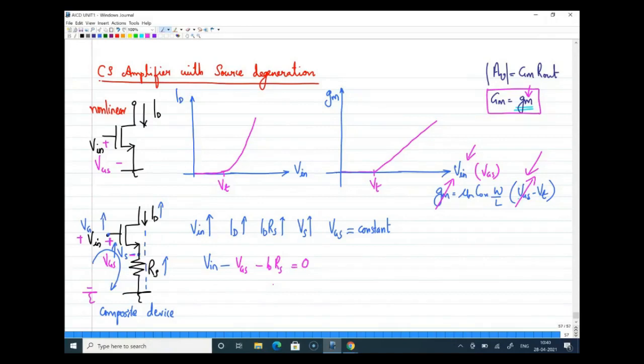In the previous case, there is nothing to talk about in this fashion because there is no RS. So as Vin increases, ID and Vin are related in a non-linear way, and ID also increases in a non-linear way when you increase Vin. But now in this case, when you're increasing Vin, finally your VGS is becoming constant. And if you write a relationship between,